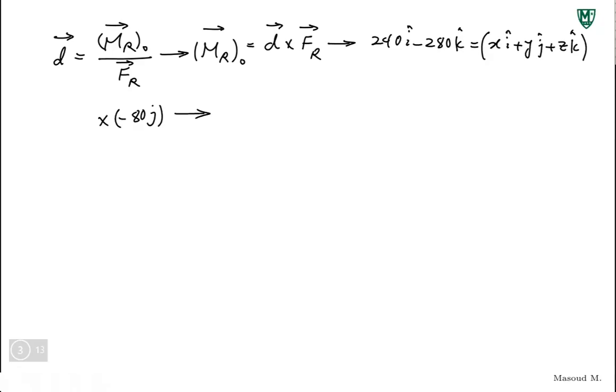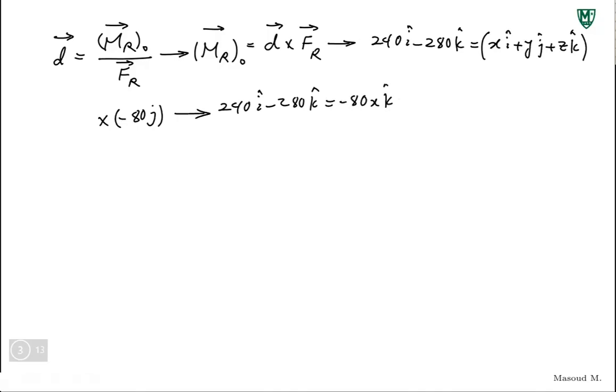If you do this multiplication, you get xi times minus 80j, so you'll get minus 80k. Let me just do that to make sure you don't get lost later on. Minus 280k is equal to, you will get minus